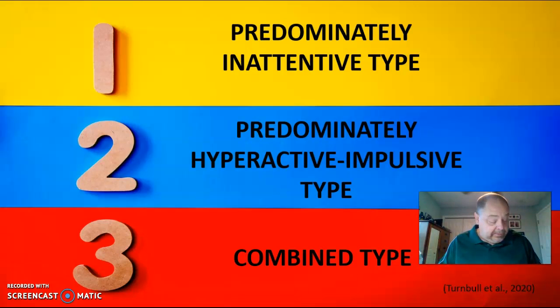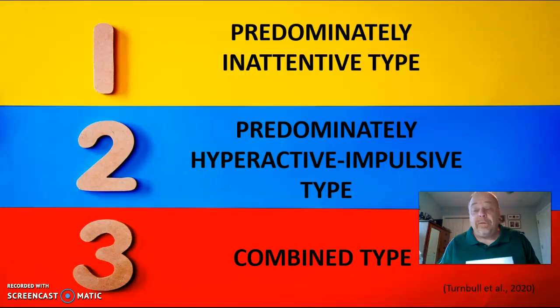So some of the things to take a look at for those that may have the predominantly inattentive type. They have problems paying attention to details. They make careless mistakes. They have problems paying attention to academic and participating in social activities. They fail to listen when someone is speaking directly to them. Also problems following directions and completing tasks, organizing those tasks and activities, sustaining a mental effort when they're putting forth work. They also have problems keeping track of necessary supplies, avoiding distractions, and remembering daily activities. All those fall into the predominantly inattentive type.